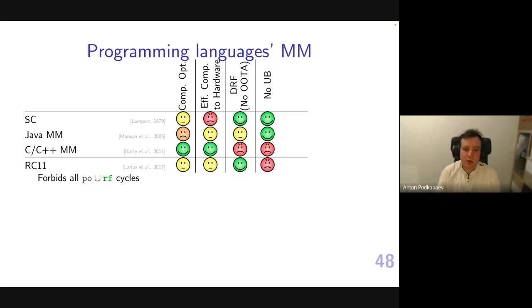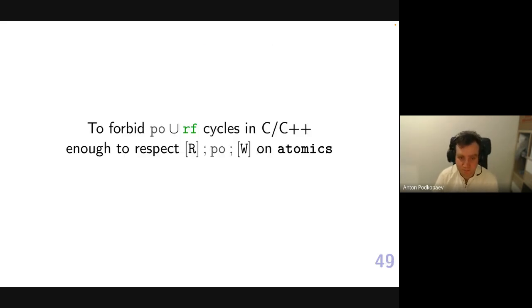Yeah, so if we introduce an extra criteria of no undefined behavior, then C semantics and the Java memory model have no undefined behavior, so they have a nice property there, whereas C++ and RC11 memory models have undefined behavior, so it's not good by this criteria. As I already said, to forbid PORF cycles in C++, it's enough to just respect program order between reads